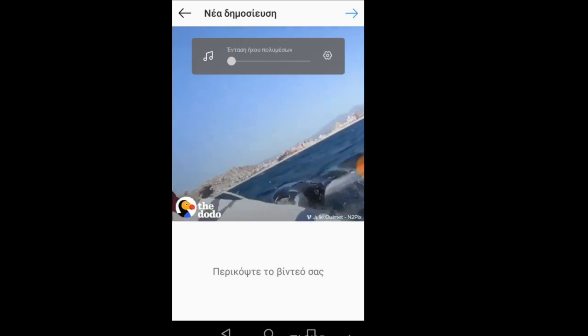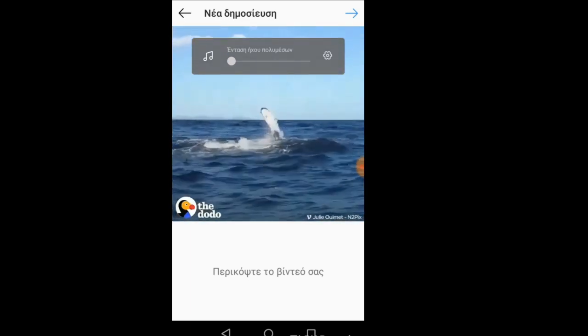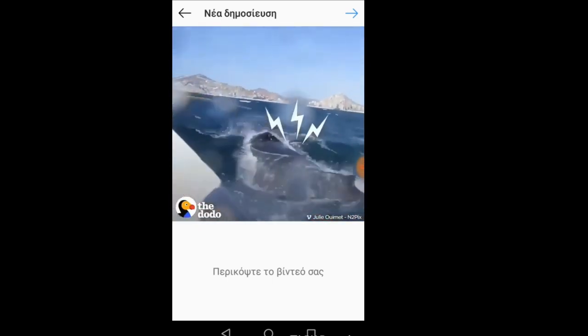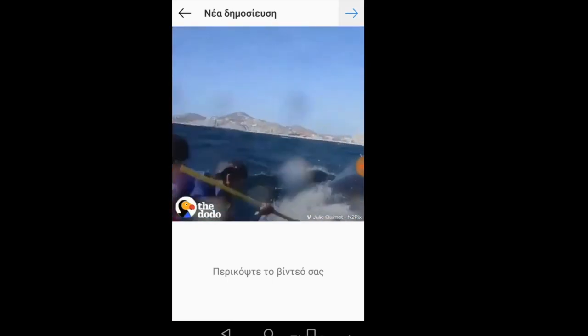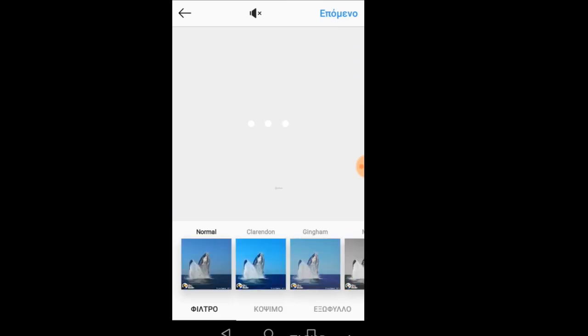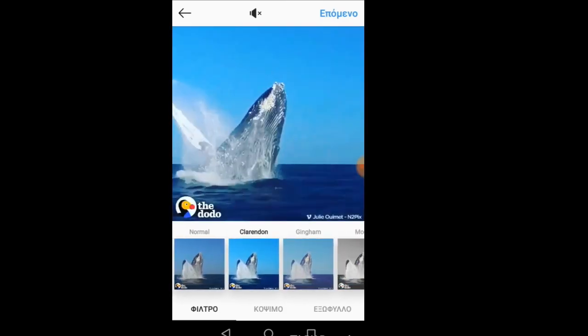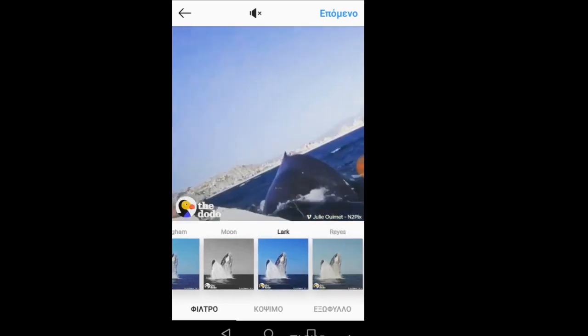Good. So then you click next up here in the right top corner, and right here what you have are different filters that you can